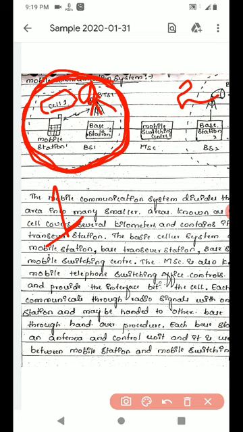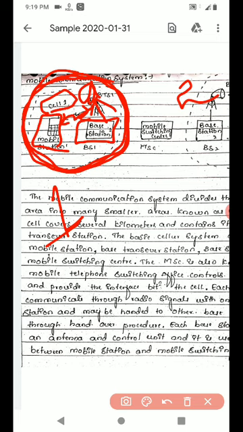Then this BTS will be connected to the base station. From the base transceiver station the signal will be sent to all the mobile stations. In this cellular area there are n number of mobile stations. A mobile station is nothing but, the best example is your mobile phone.